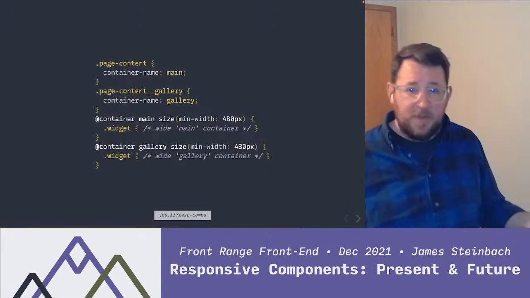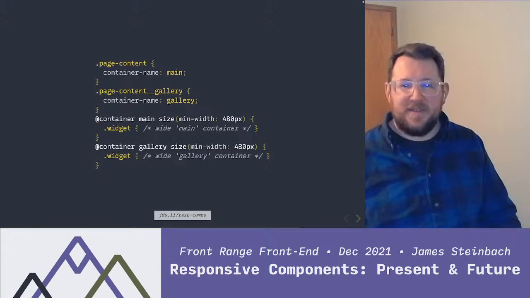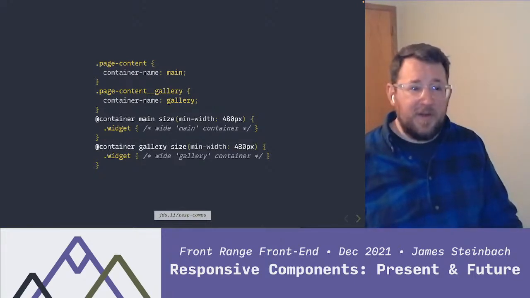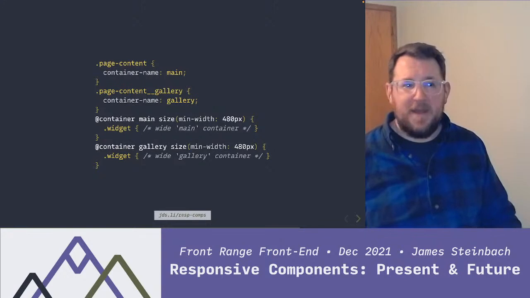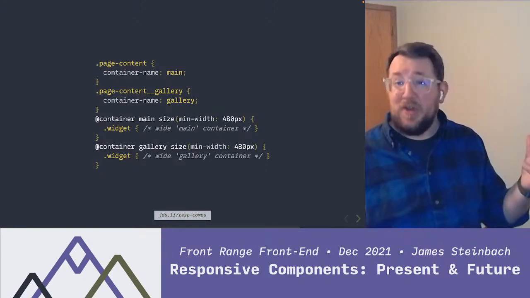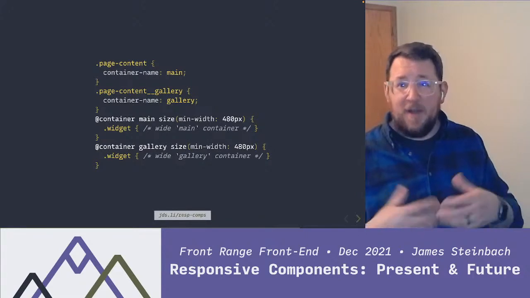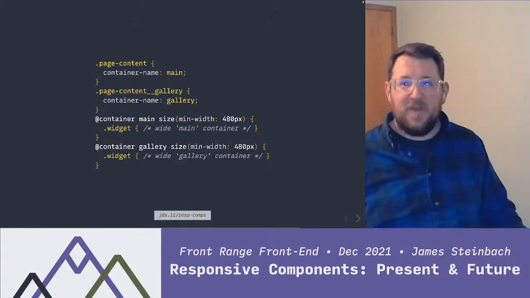Besides the container type, which we saw a few slides ago, you can also use a container name property to assign it an identifier. And this is essentially a lot like grid area. You can use whatever words you want to name a grid area. Here in this case, we're naming our first container main, and then the main contains a gallery, which we're going to name gallery. And so now our widget, let's say this is like a news site, and the widget is a featured image, a headline, a blurb, and some tags, and then the read more link. And we've got a few different layouts,